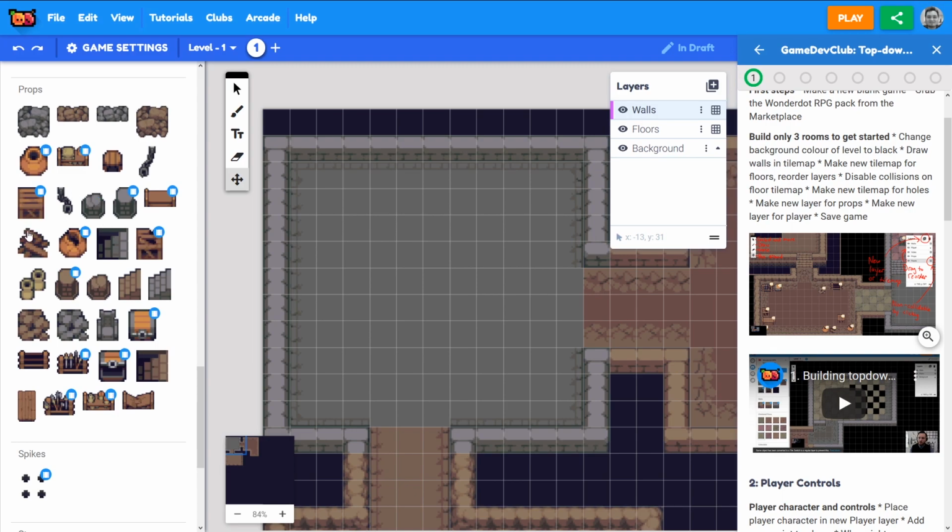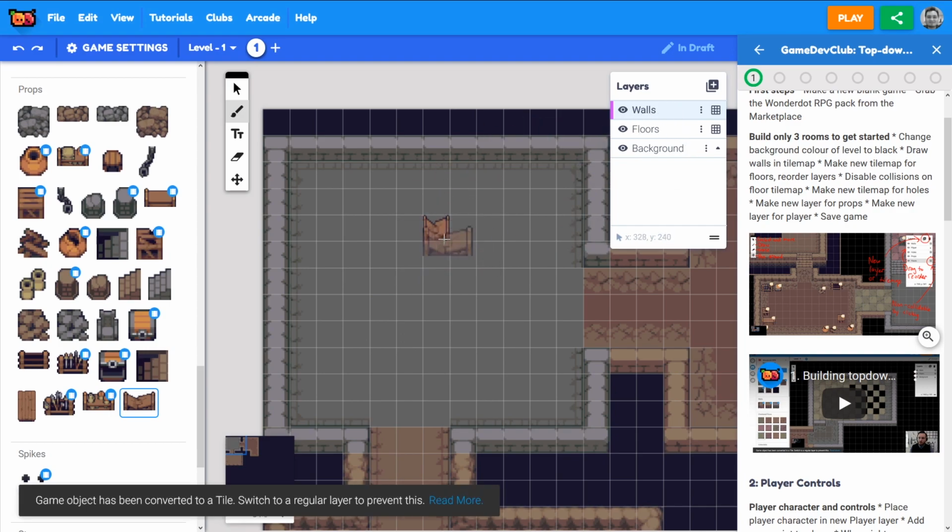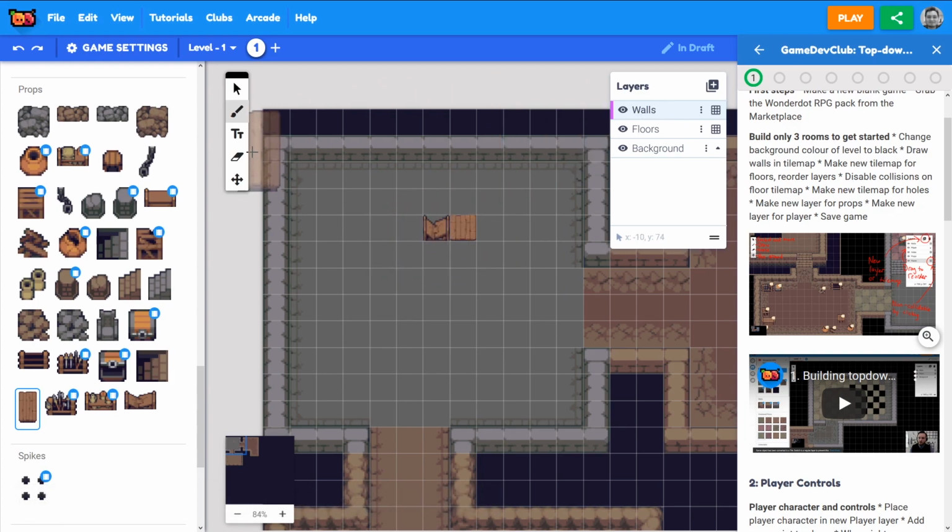Now, if we were to select something like this broken table and put it in with the walls tile map layer selected, you could see what happens. It gets smushed in like that, and it gets turned into a tile. And tiles can't be scripted, so they can't be interactive. So we don't want to be putting our props into our tile map layers. We want to put those in